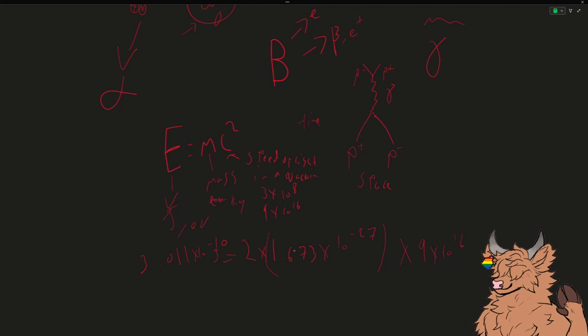And so, knowing the equation, energy equals charge times voltage, we now know from this equation that if we have the charge, which we use the elementary charge, which is 1.6 times 10 to the negative 19, and we're saying that this is our electron volts, this is equal to 3.011 times 10